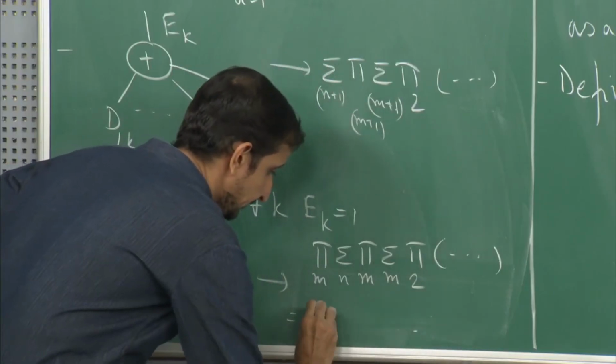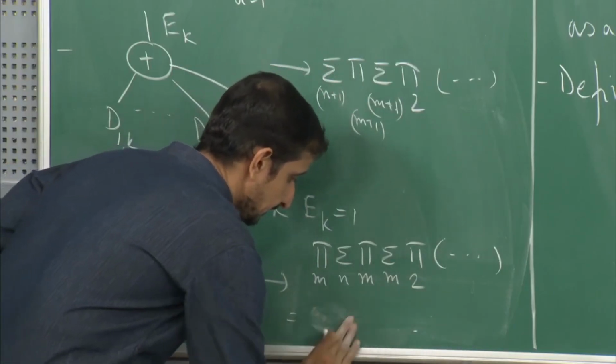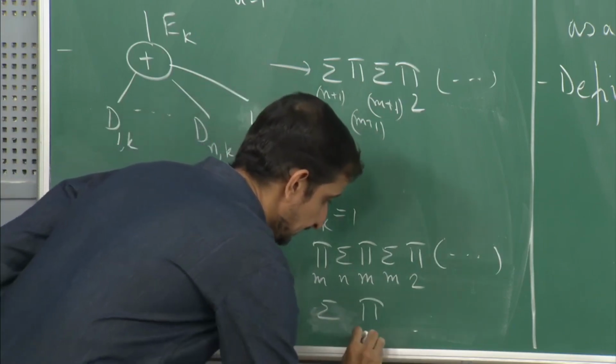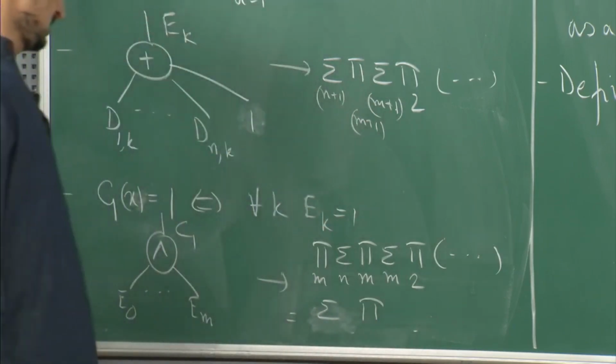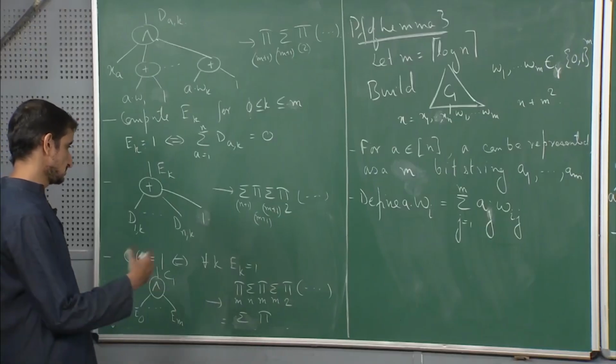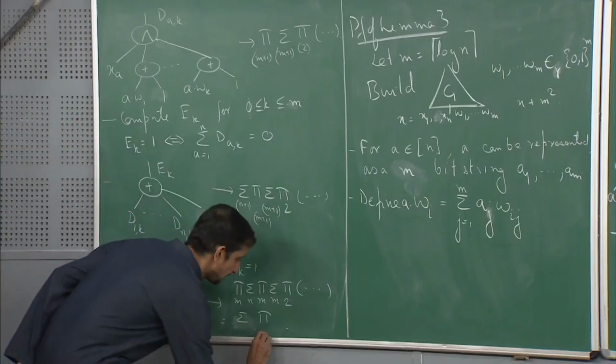So, this will be sigma pi, where this will be something m cube,